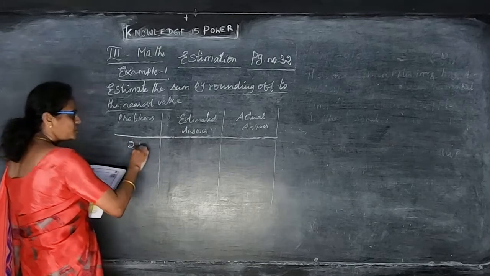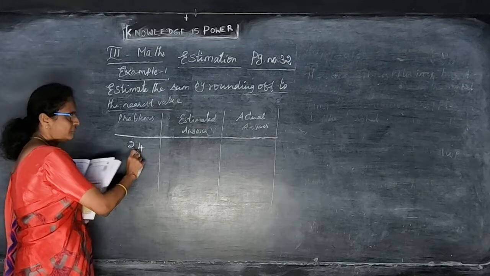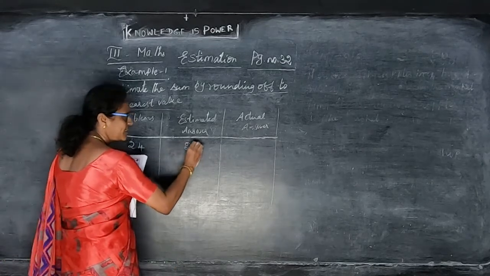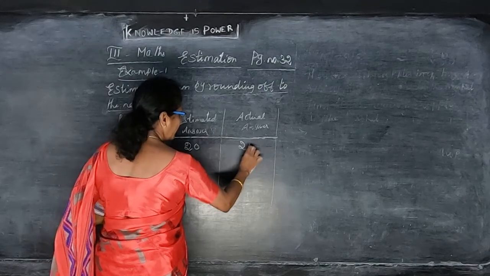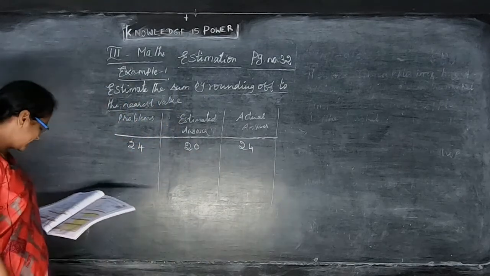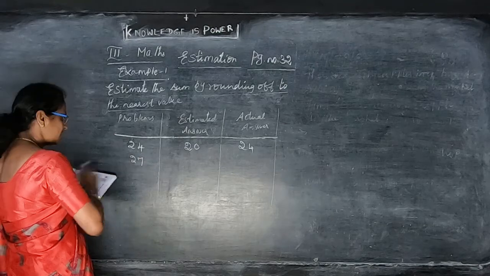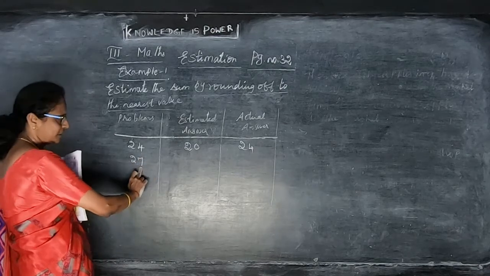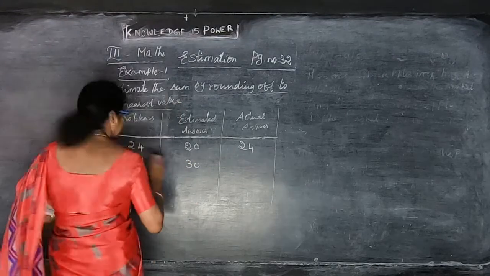24. First number is 24. So in the 4 வந்து 5க்கு கீழே இருக்கு இல்லையா? So you have to write estimated answer is 20. முன்னாடி இருக்கிற tens பார்த்தா 20. Actual answer is, actual number என்ன இருக்கு? 24. This is the answer. Next 27. So in this 27ல estimated sum 5க்கு மேலே இருக்கிறதால the right side இருக்க tens-ல பார்க்கும்போது 30 and the